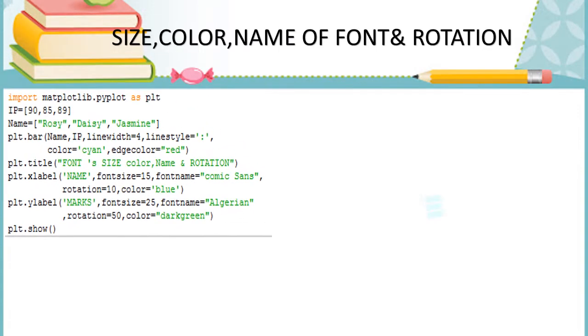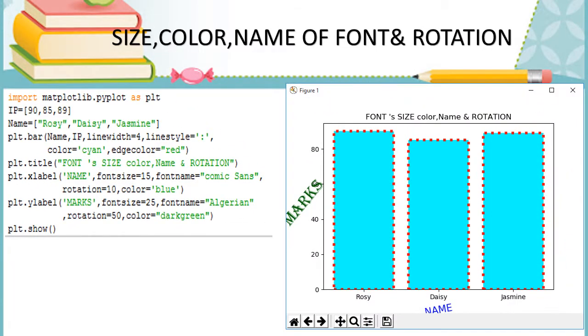And font size, color, and name we can set in the particular label. See here, after passing the values to the bar, and title I have set. Next, the xlabel property you can see, the ylabel property also you can see. In the ylabel property, the font size is 25 and the font name is Algerian.